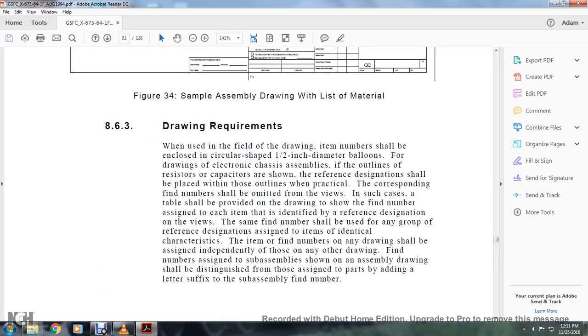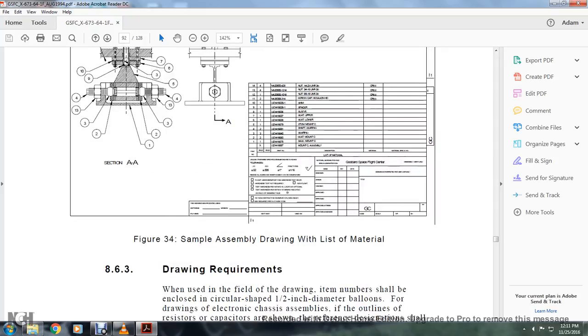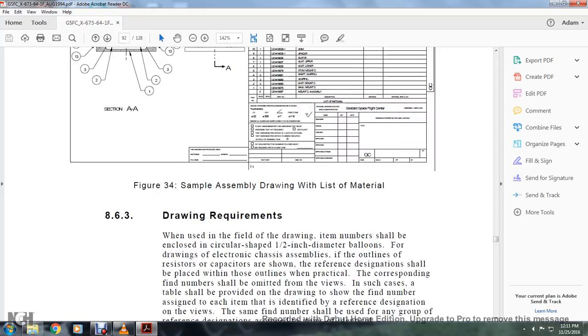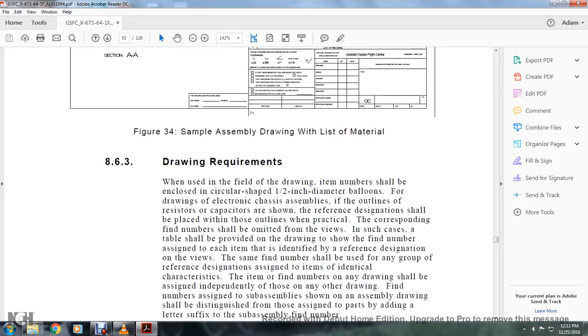8.6.3 Drawing requirements. When used in the field of the drawing, the item number should be enclosed in a circular shape of 1.5 diameter balloons. For drawings of electronic chassis, the assemblies outlined with resistors and capacitors shown with the reference designation shall be placed in the outlines where practicable. The corresponding find numbers shall be omitted from the views in such a case that the